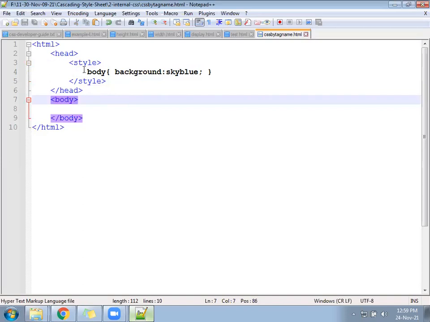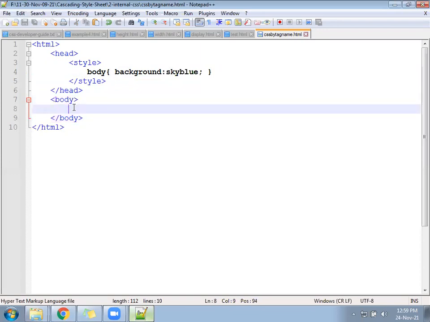The style block will execute first. Your compiler will come here and understand that in the current page, wherever the body tag appears, it has to apply the background as sky blue. Now, as soon as the body appears, one property will get injected into the body and the background will convert into sky blue. Okay, come down below.